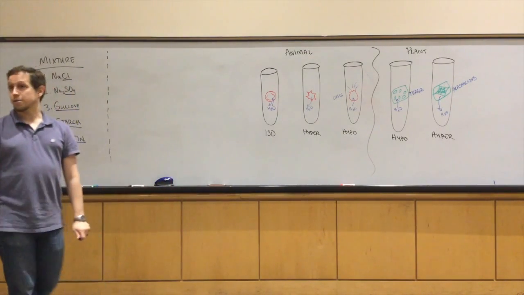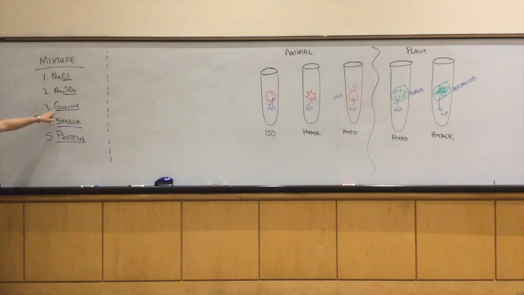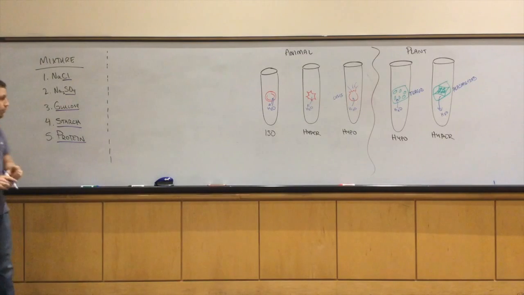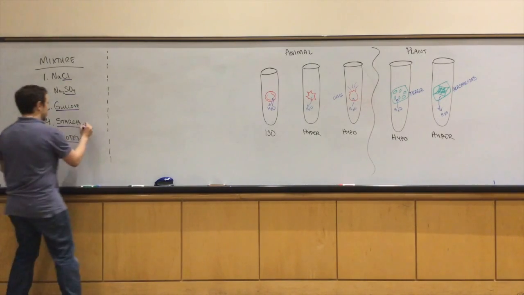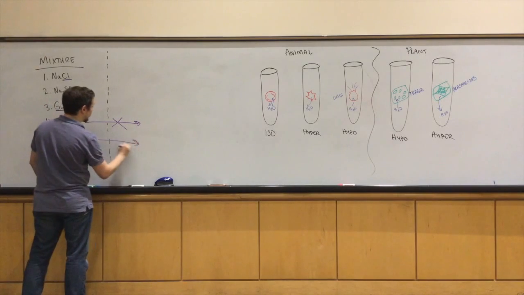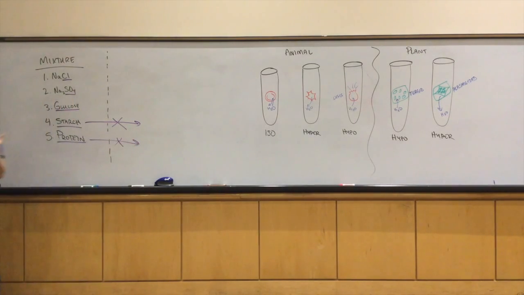Starch and protein. Glucose is only a monosaccharide, not a disaccharide. That's why I can't immediately say that it should not be able to make it across. Starch, however, is a polysaccharide, and most proteins are larger than disaccharides. So I don't expect these two to be able to diffuse across the membrane,